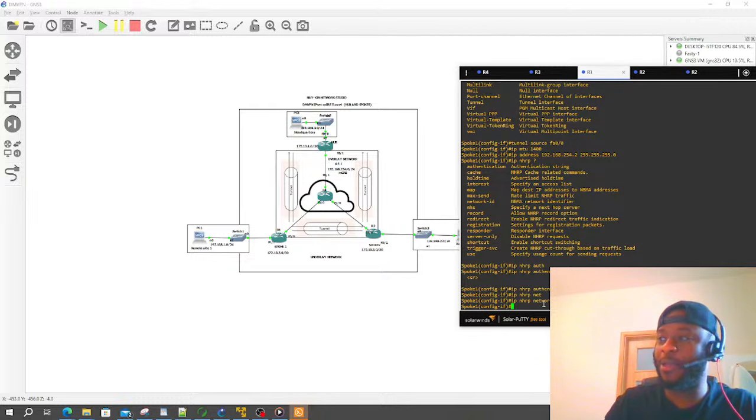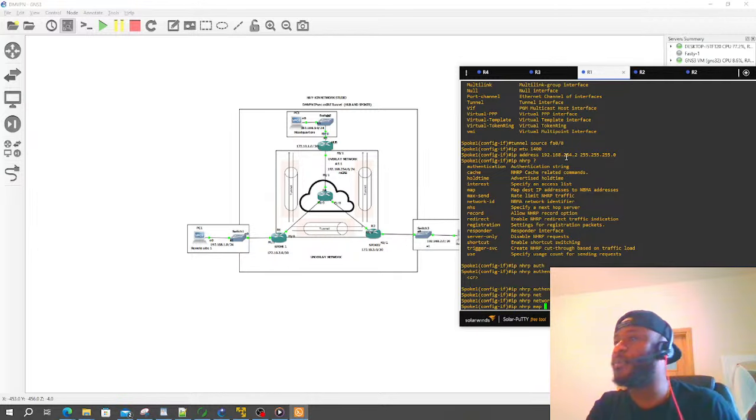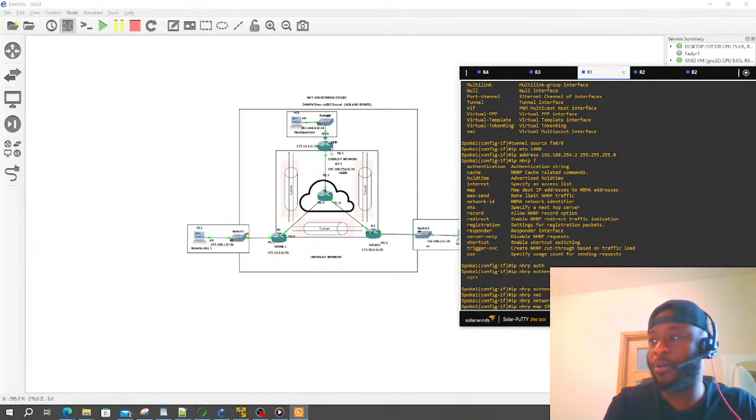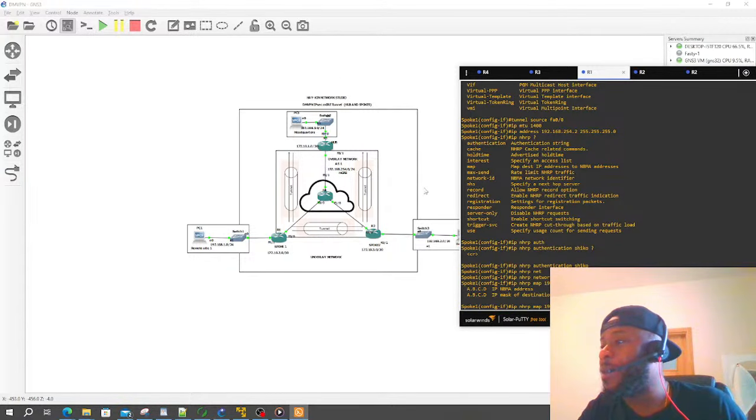So IP NHRP map, right? This is what we want to map. So you're not mapping yours, you're mapping the address of the hub. Right. Look at this. It's going to ask you an IP